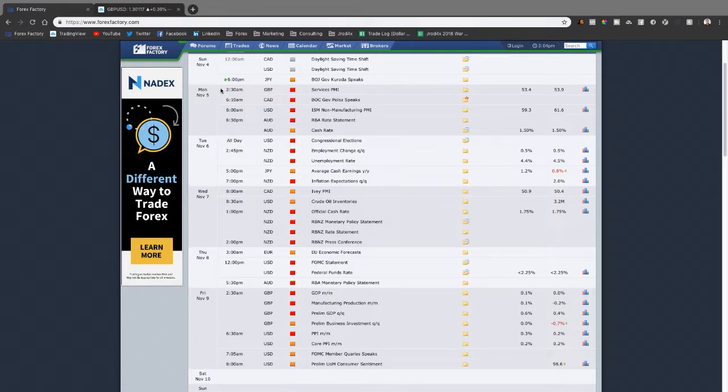For the upcoming news releases on Monday, we have the dollar index. We have some news during the New York session, and for London we have GBP news. We've got services PMI, and then Tuesday is honestly the big day. We have the congressional elections, and I feel like we should see what they do for that, and that'll probably give us a better idea of what to expect for the later days in the week.